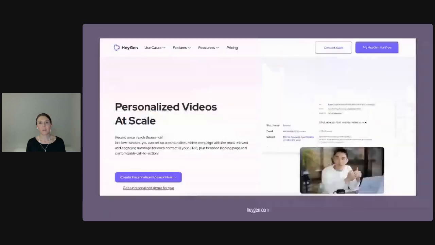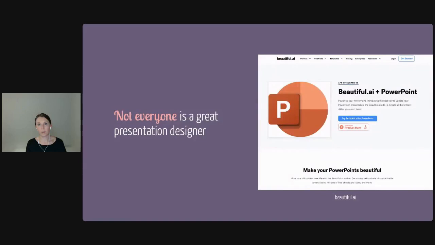And maybe one day in the future, we can combine things like HeyGen with Microsoft Copilot, and have personalized videos sent out to certain stakeholders, or Looms sent out to stakeholders with targeted messaging that tells a very detailed story to one stakeholder, or more of an overview to another one. Who knows? There's a lot of opportunities out there. And of course, AI tools and GPTs can help with the creation of presentations as well, because not everyone is a great designer of presentations.